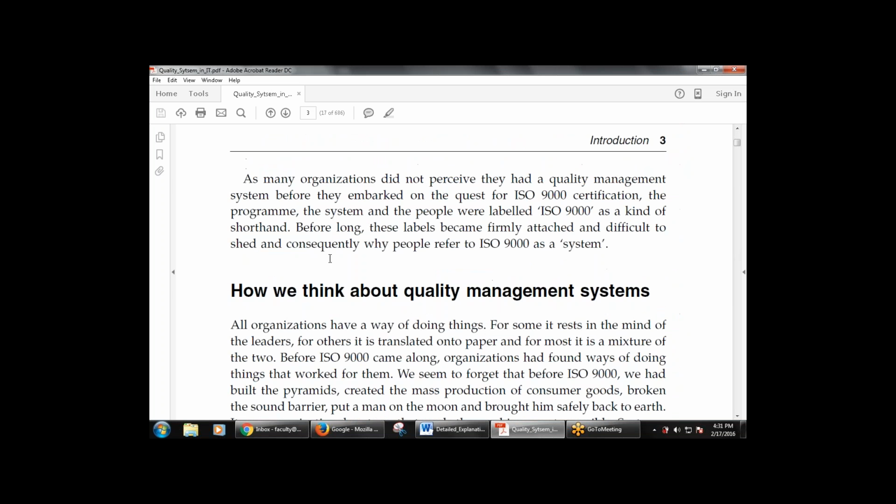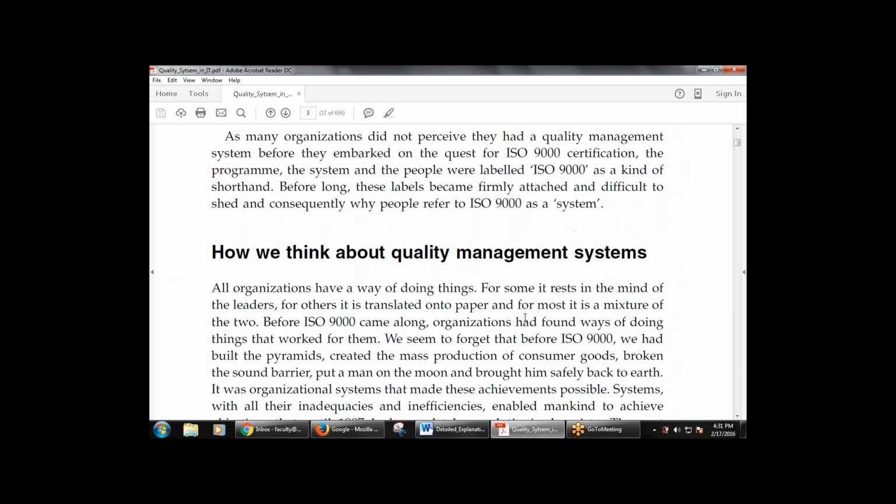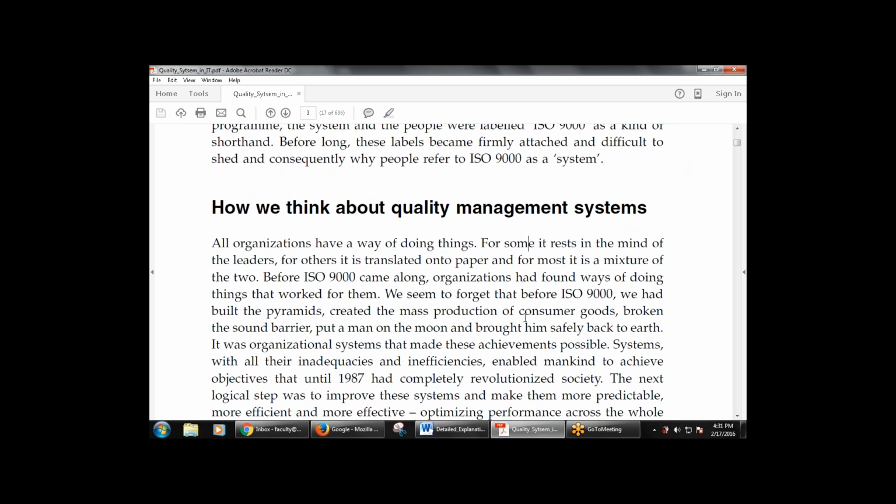Now, how do we think about the quality management system? Quality management system means how we manage the quality. And for managing the quality, there is a concept known as the ISO 9000 that comes into the picture. Before the ISO 9000, organizations had found ways of doing things that worked for them. We seem to forget that before ISO 9000, we built the pyramids and created the mass production of the